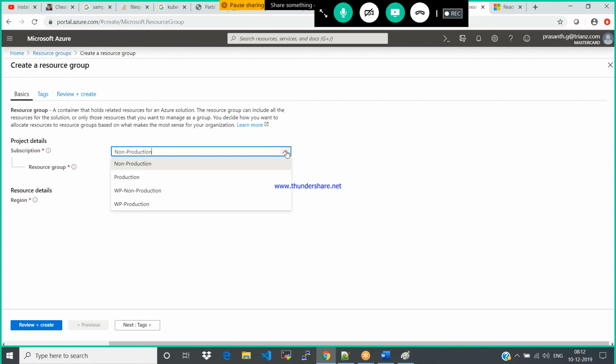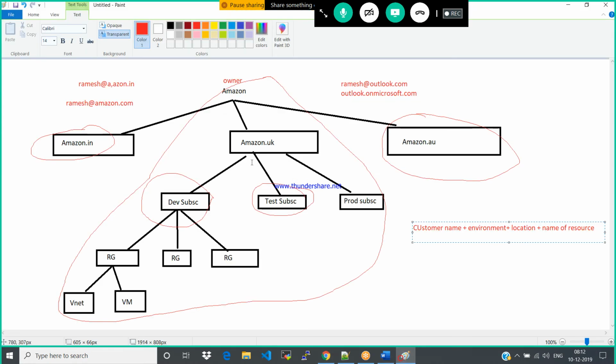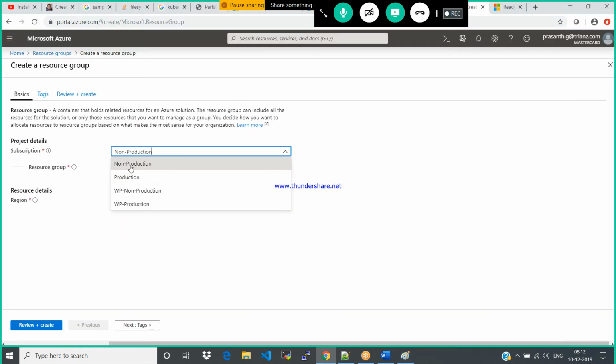Multiple subscriptions. I mean to say one directory may have multiple subscriptions. Dev, test, production, right? See here you could see production, non-production. Likewise, you may have. So under which subscription you are going to create this service, you need to select it.